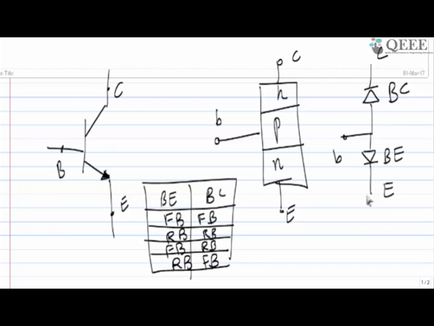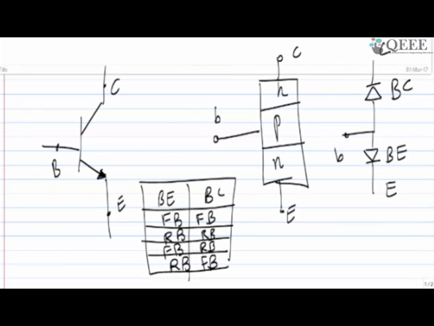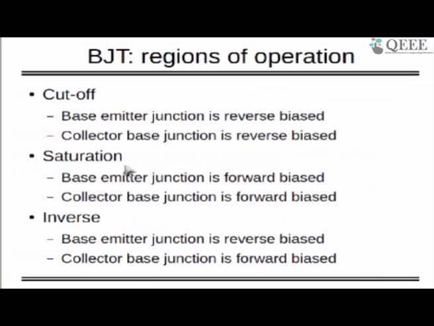So all 4 possibilities give you one mode of operation. If base to emitter junction is forward bias and base to collector junction is forward bias, then we are going to call it the saturation mode of operation. For cutoff mode, both the junctions will be reverse bias. And inverse mode of operation generally is not going to happen. Most of the time you are keeping your transistor not in inverse, so it's a failure of your BJT. If this is happening, it means there is some problem with your BJT, and in that case base to emitter junction is reverse bias and collector to base junction is forward bias.